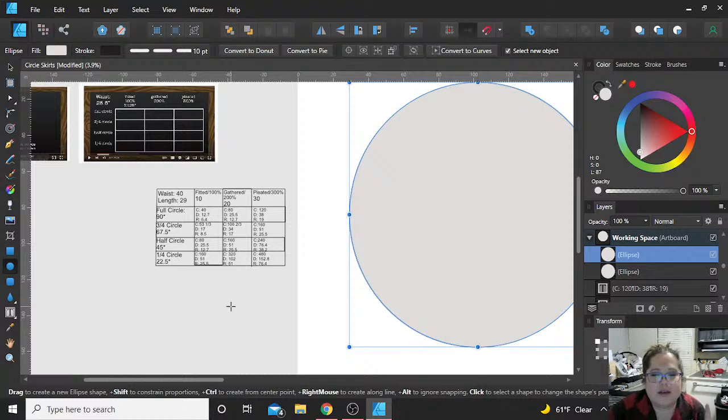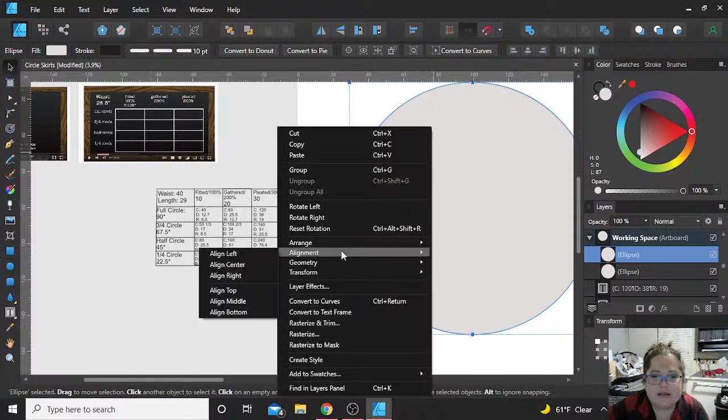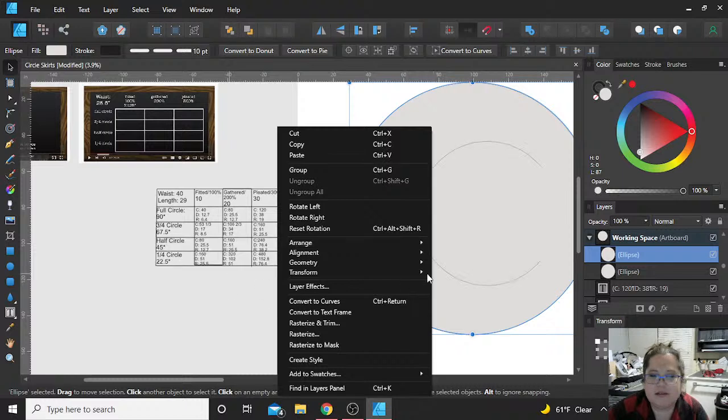And then I have to do it twice. It needs to be 30 inches all the way around the outside. So 80 plus 60 is, I'm completely blanking, 140. Okay. And I can tell this to go to the back so that I can see my little circle